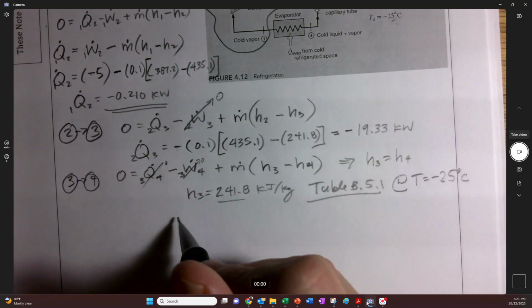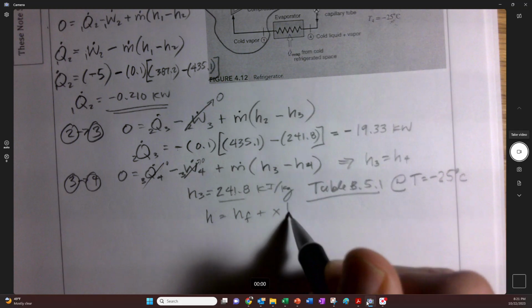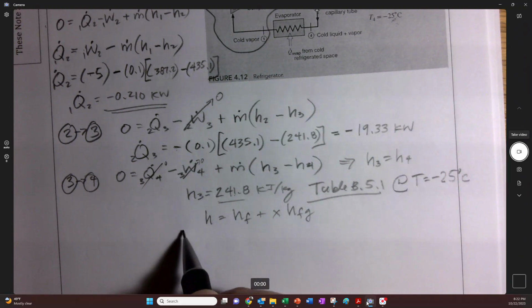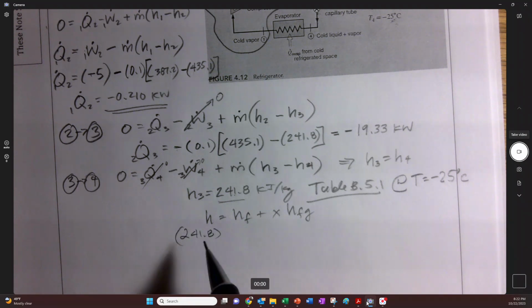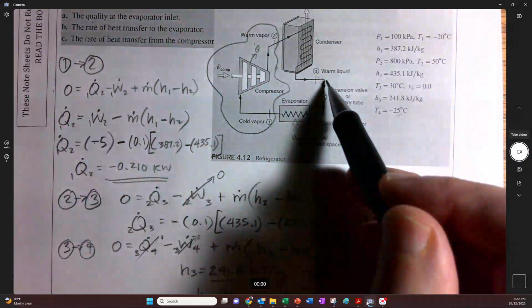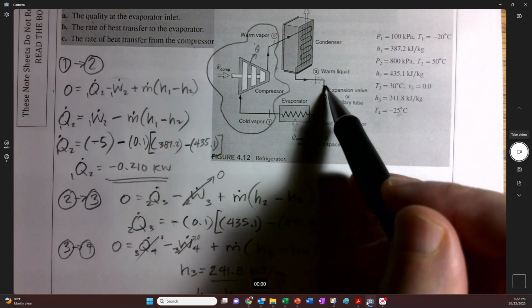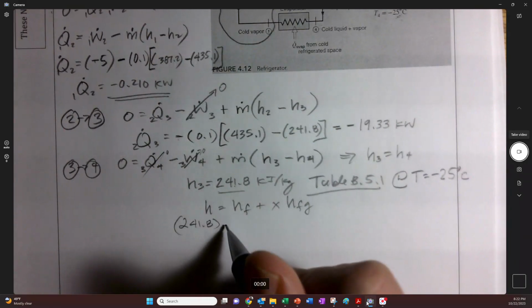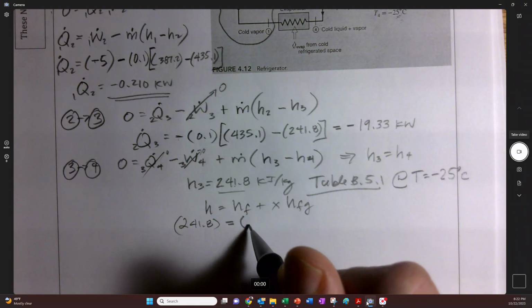So we write out h is equal to hf plus x hfg, and our h that we're looking for is the 241.8. That was right before the thermostatic expansion valve right here. This expansion valve thing right there. That's what the enthalpy was. It should be the same over here, not the quality but the enthalpy. And now that's going to be times the hf, I mean with the hf